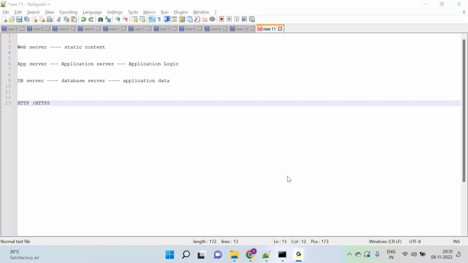Say in your organization they are using some application locally within the organization. Those times they'll use it in HTTP itself without any certificate. But if your application is used by end users over the internet, many people are going to use it. That time they'll install the security certificate, and then that URL will become HTTPS,